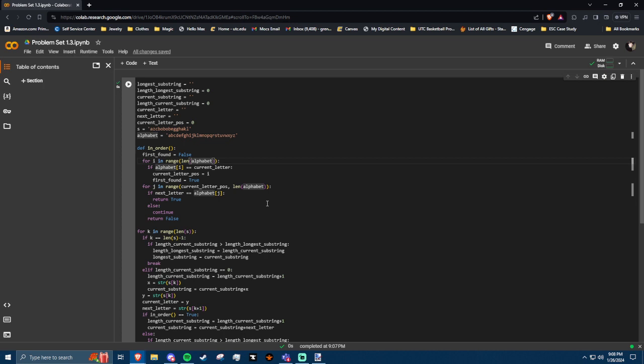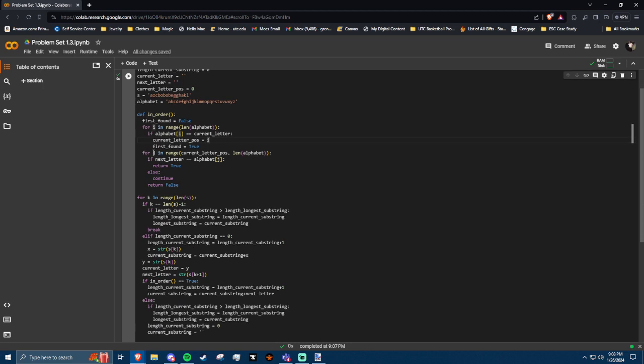Basically, it says, hey, I have this string right here that's the alphabet in order, and it takes the first integer that we're looking at. It takes the first entry in this string that we're looking at. It says, hey, what position in this string is that? So for A, which is the first one here, it'll come out with 0 and set current letter position to 0, right? Using this for loop, and then